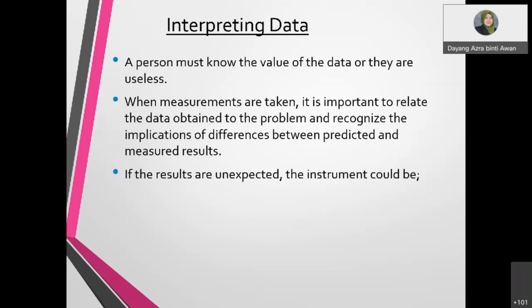And then you need to know how to interpret your data. For this circuit, what do you want to measure? Do you want to measure the resistance, the current, or the voltage? Make sure that if you calculate the current, you know where to plug in your multimeter and so on. How do you want to interpret your data, in how many decimal places? If the result gives you 2 decimal places, you need to follow that too.